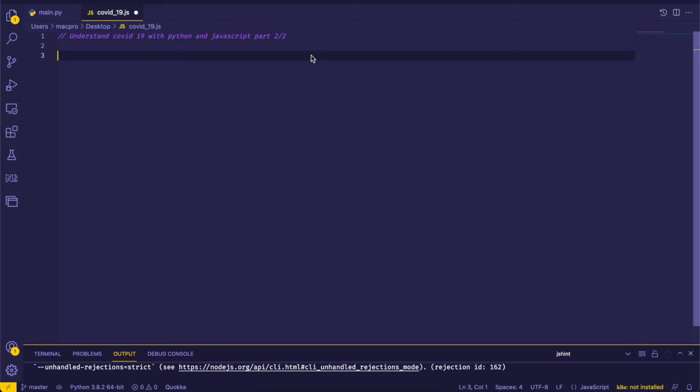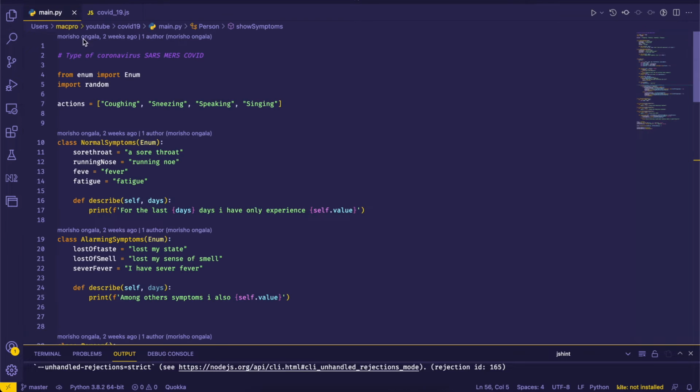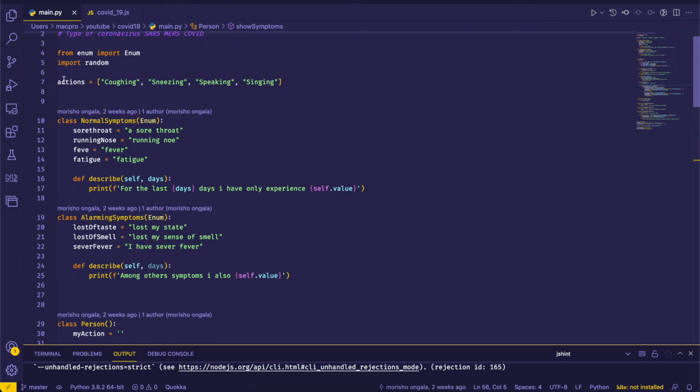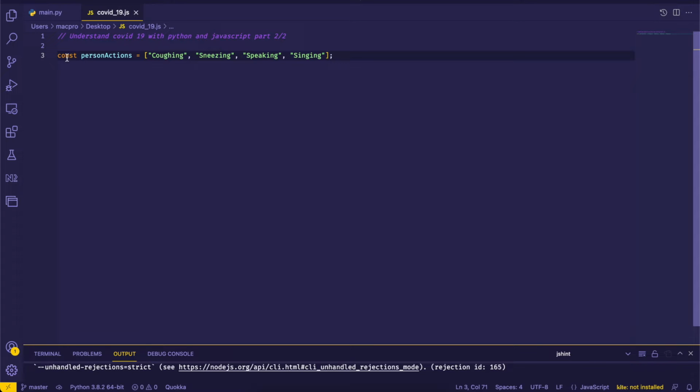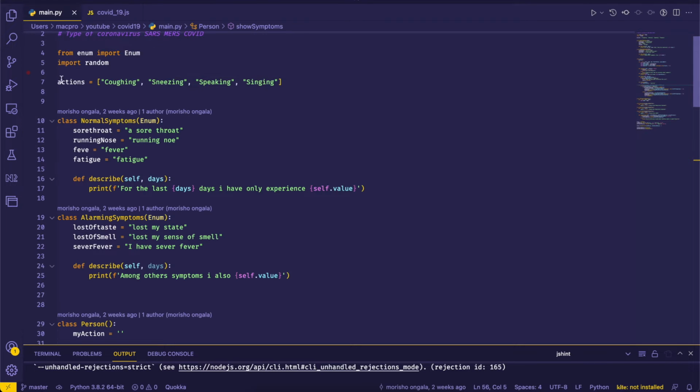So the first thing to do here is to create the person actions as we did here for our Python project. It is these actions. So what we do in JavaScript, we just create a constant and then we put them in a list, and it will act the same way as this one here in the Python code. So the next thing we will do